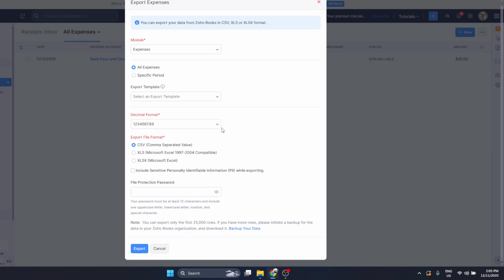Now simply follow the on-screen prompts. Typically, Zoho Books will ask you to choose things like the file format, such as CSV or XLS, and possibly a date range or filters for which expenses you want to include. Take a moment to review these options so that you only export the data you actually need. When everything looks correct, confirm the export. Zoho Books will then generate your file and either download